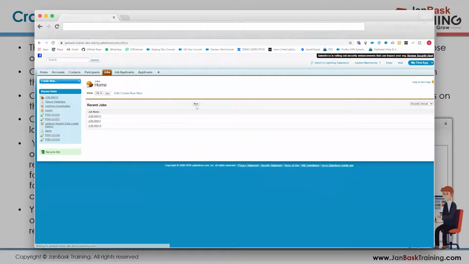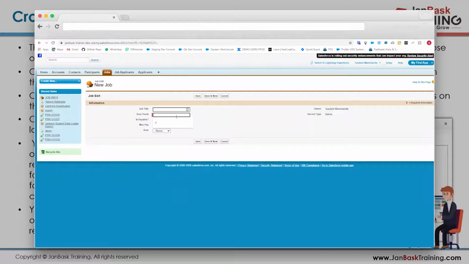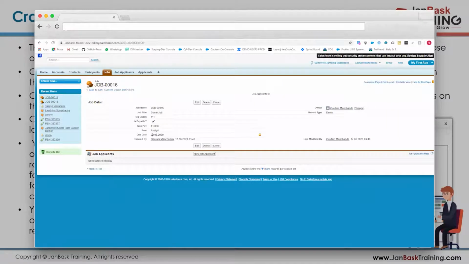So if I create something today, let's see how it looks. Required check 111, job title, demo job, pay bill, max pay 1000, role analyst, and I save the record. So you see, after 5 days, today is 17th here in India, it auto populates 22nd of June over here. So this is very basic stuff that we did. For a due date calculation, if there are any mathematical calculations that you have to do like plus, minus or something like that, you will be utilizing the same kind of logic as I have just used over here. I added days to the created date field.